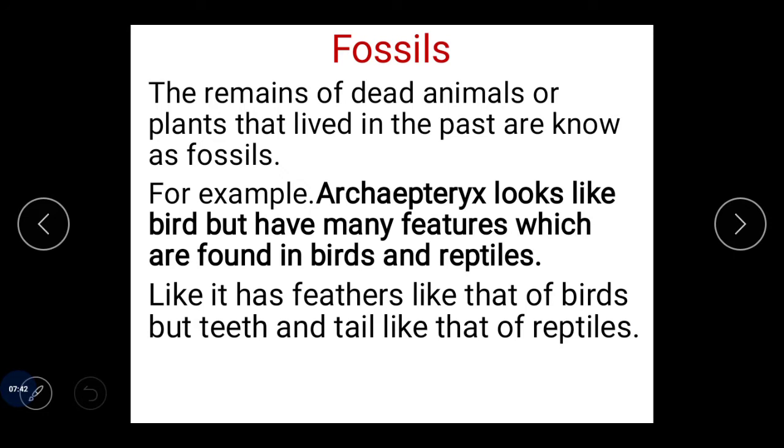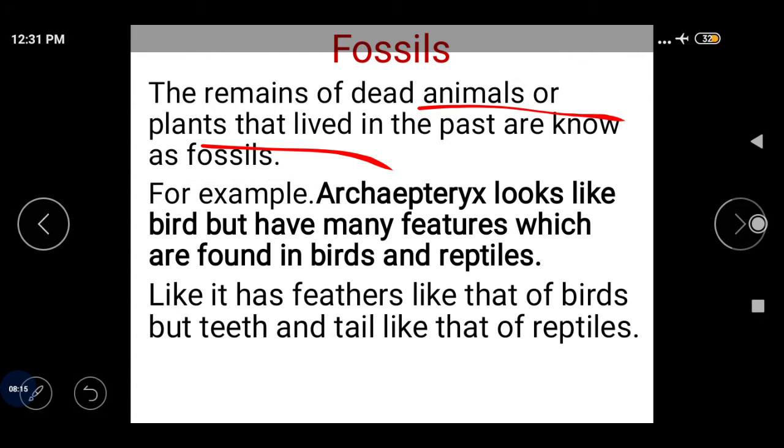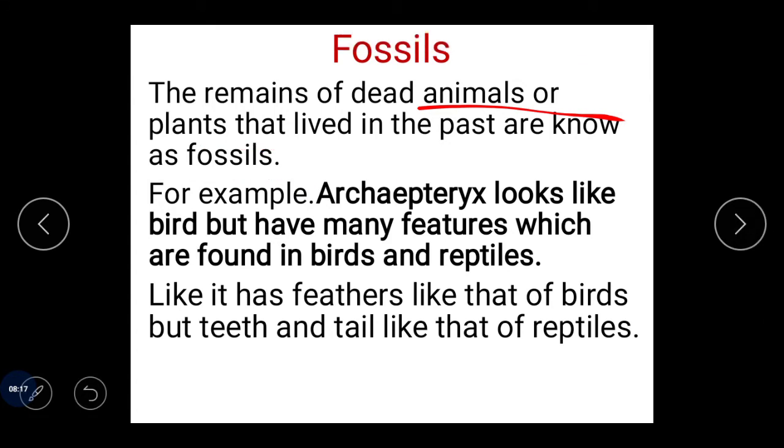were in the past, but due to certain environmental changes, they do not survive in the prevailing conditions or the prevailing environment. So with the passage of time, they became extinct. First they became endangered, then continuously due to prevailing environmental conditions they became extinct, and finally are the fossils now. So what are fossils? They are the dead remains of plants and animals that lived in the past. Okay, fossils. I will give a common example of a fossil, that is Archaeopteryx.